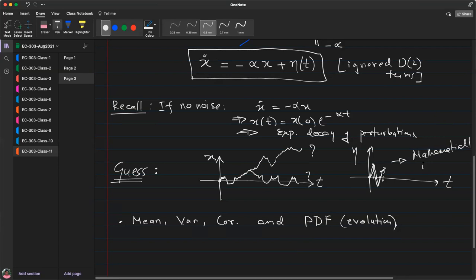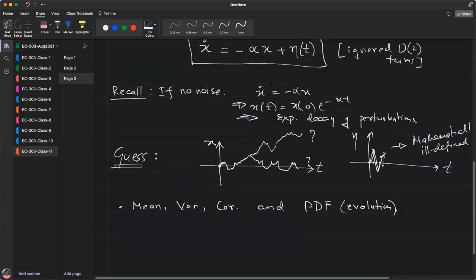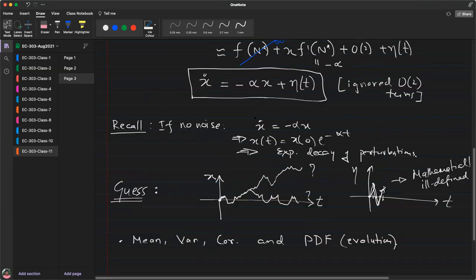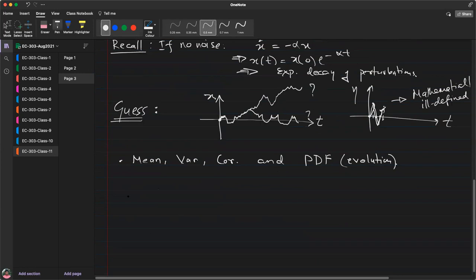It's actually mathematically ill-defined in terms of smoothness properties. So mathematicians don't like to write this equation in this fashion. They prefer a slightly different way of writing it. This is something useful to know, because depending on the book, you may see either. Mathematicians, economists, they all write it in the favored way of writing the equation.